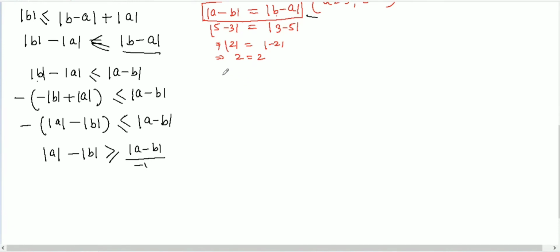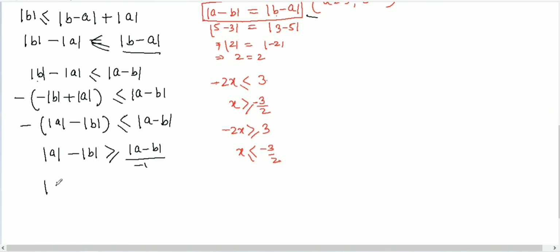Understand this one this way. If minus 2x is less than or equal to 3, you have to bring the minus to the other side. With an inequality sign, x will now be greater than or equal to minus 3 over 2. Or if you have minus 2x greater than or equal to 3, in the same way the sign will change and x is less than or equal to minus 3 over 2. So we applied this rule here.